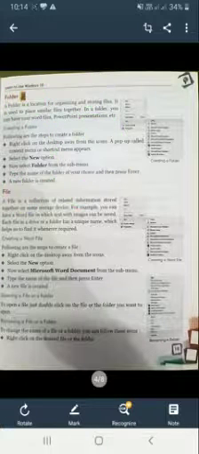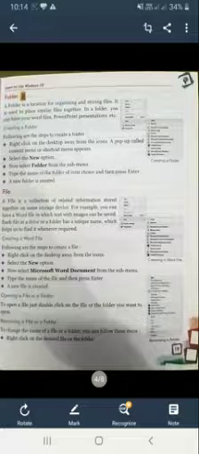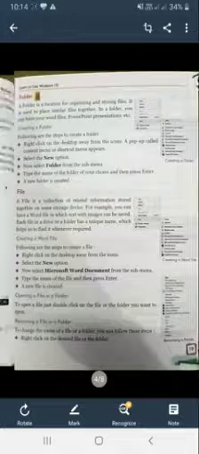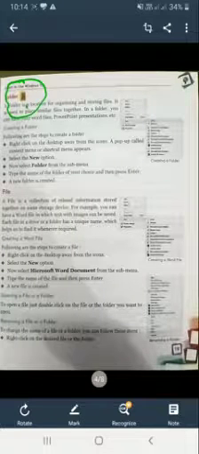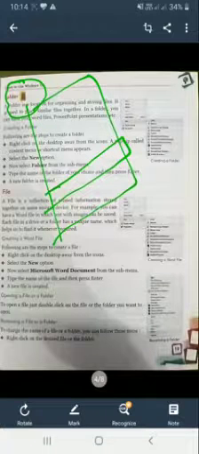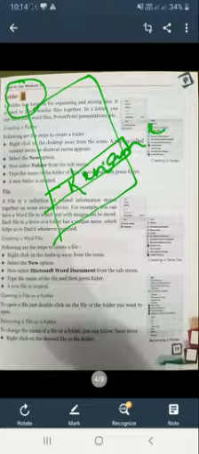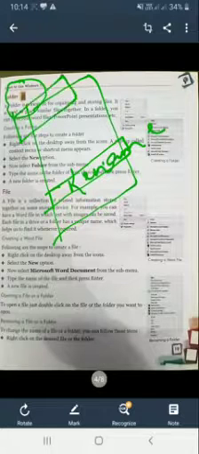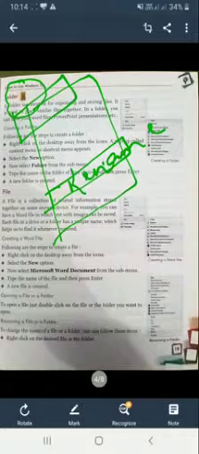Okay, now come to the next point, renaming a file or a folder. You have a choice to rename your file or folder. If you want to rename a folder, right click on this folder, and a list will appear. In this list select the Rename button. When you click on this Rename button, there is an option available for your folder to rename it. Type another name for the folder to rename that folder.